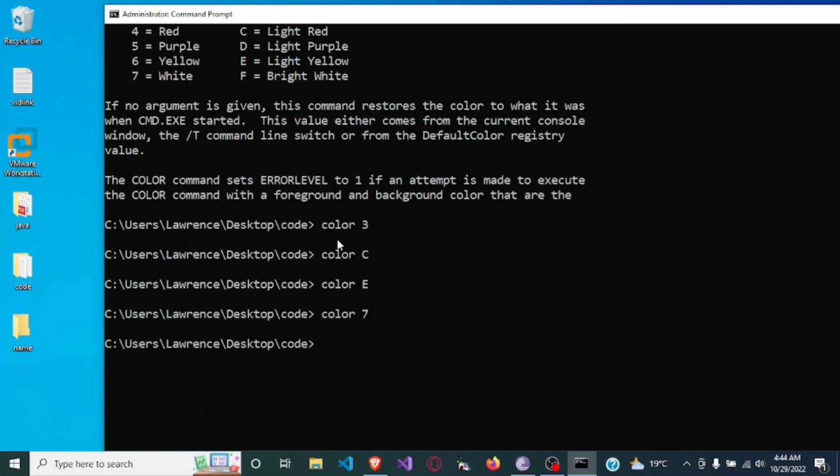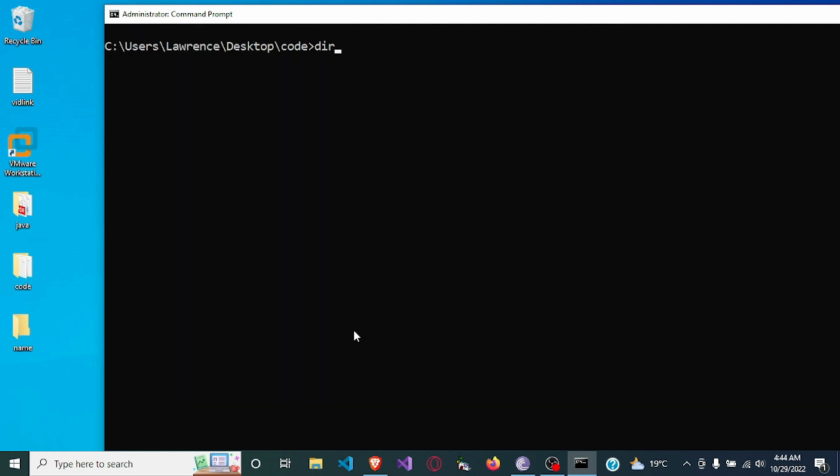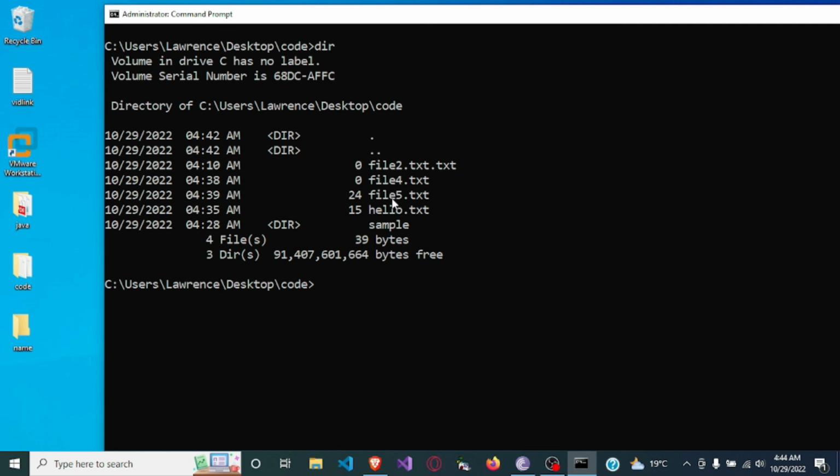Okay, so the next thing is to open a file. If you want to open a file from the command prompt, then you will use the start command. For example, in our present directory, let me clear the screen, cls. In our present directory, you will see we have so many files. We have file2, file4, file5. So let me try opening file5. In order to open file5.txt from the terminal, you will use the command start,